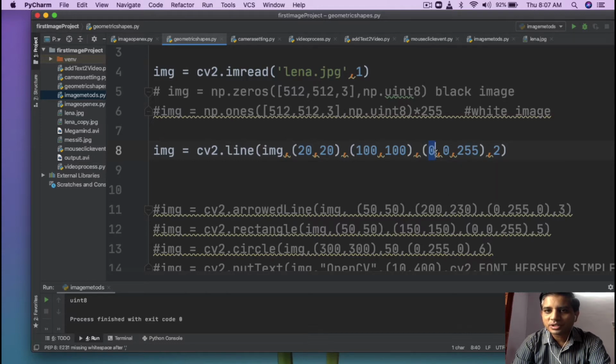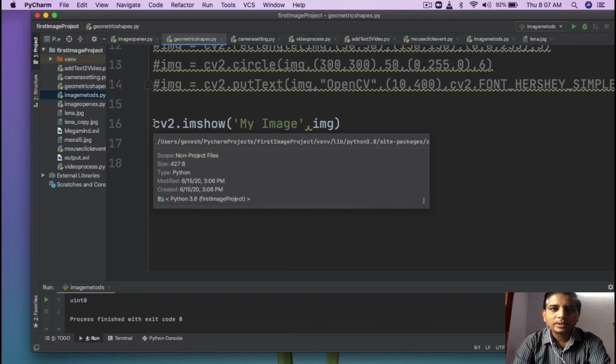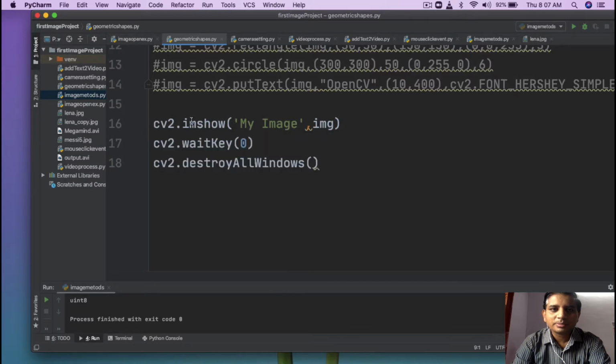So the very first one is the blue value, the second one is the green value, and the third one is the red value, and the last argument of the line function is the thickness. We'll check that after, and the remaining lines of the program, you know, are the show, waitKey and destroyAllWindows methods.